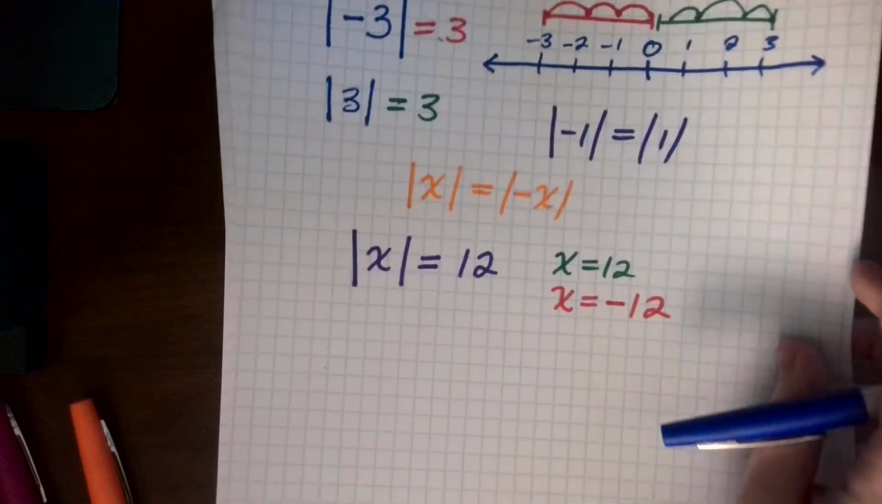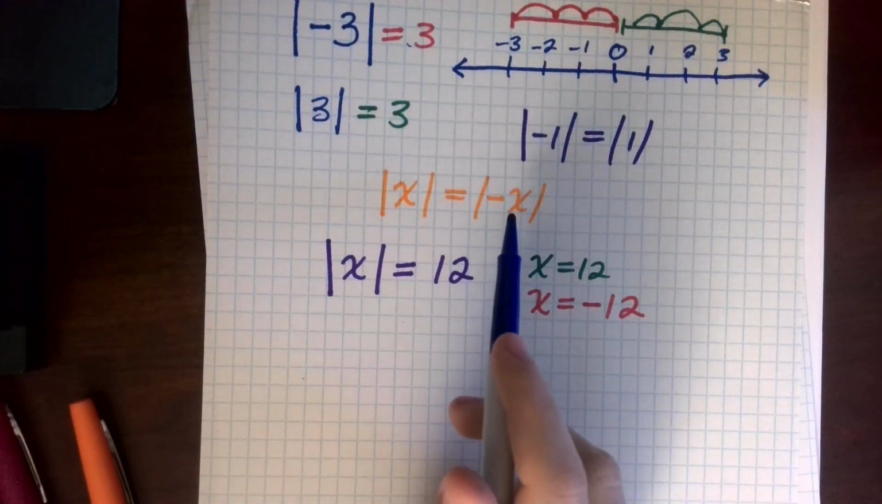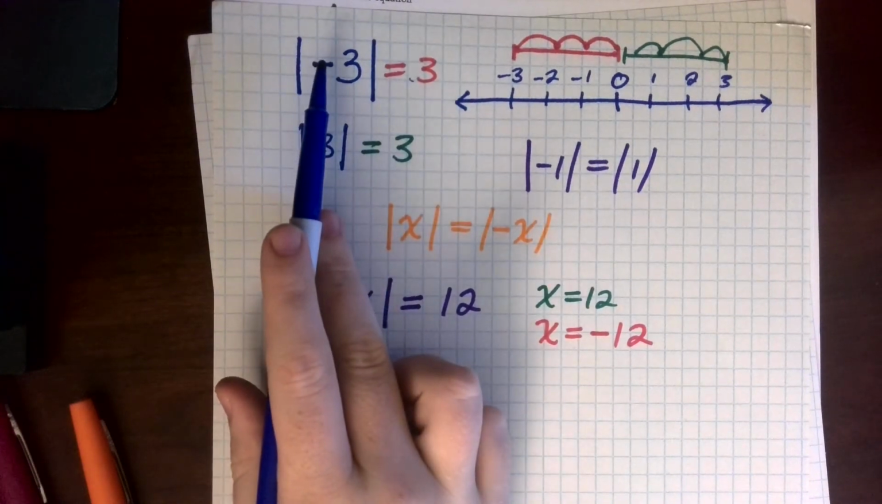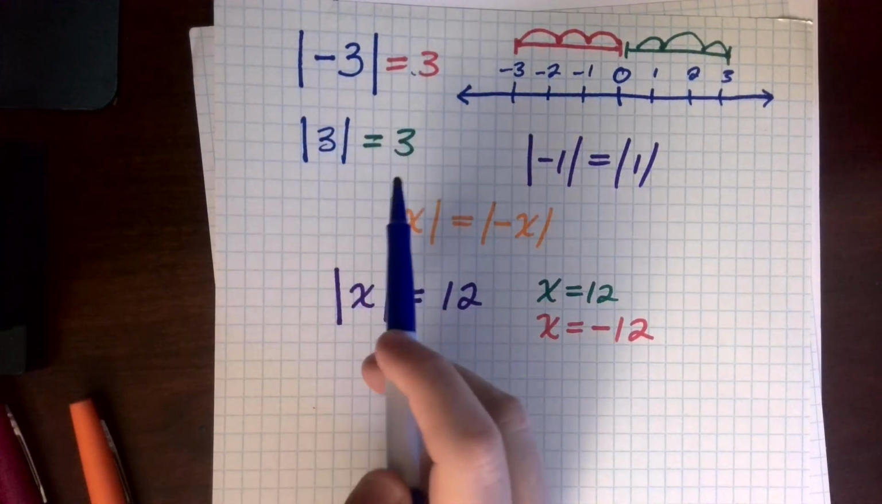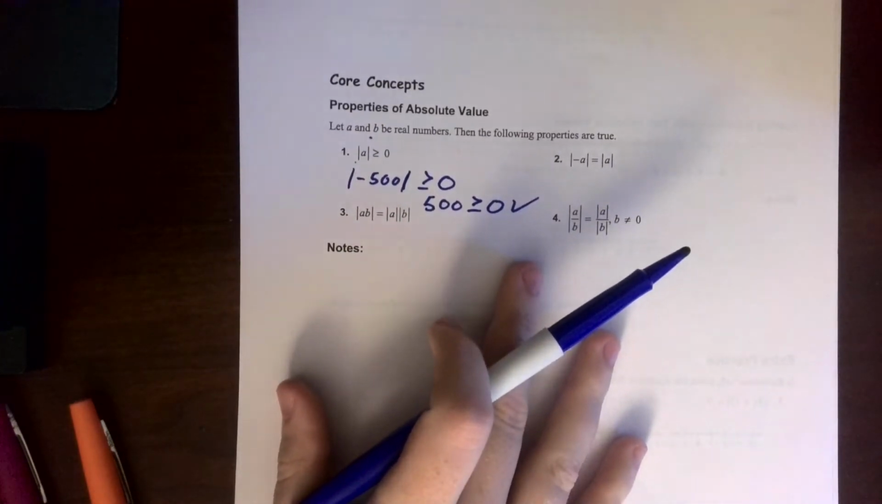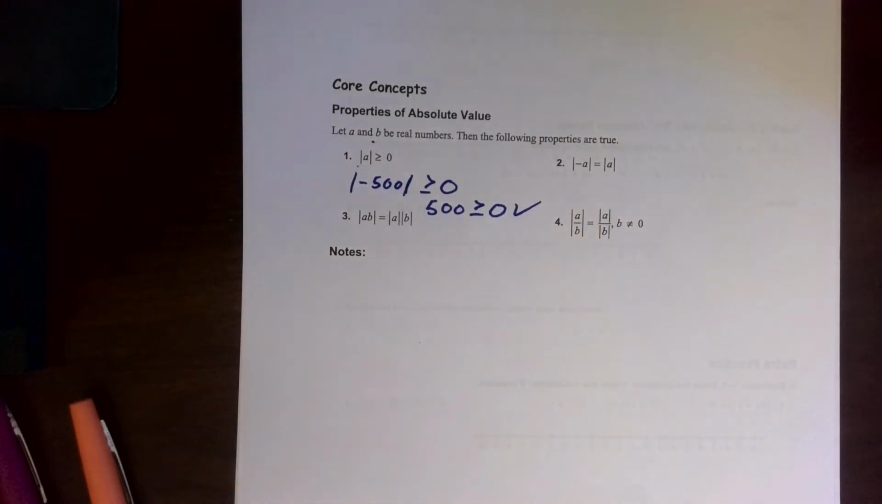Any absolute value and its negative version share the same result. The absolute value of negative 3 and the absolute value of 3 are both 3. Number 3 is interesting, because now we're using two variables. It says the absolute value of any two real numbers